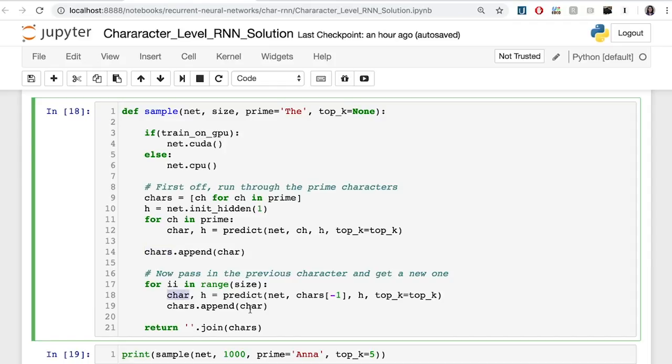This character is appended to our list and the cycle starts all over again. So predict is generating a next likely character, which is appended to our list, and then that goes back as input into our predict function. The effect is that we're getting next and next and next characters and adding them to our characters list. That is until we reach our desired text length. Finally, we join all these characters together to return a sample text.